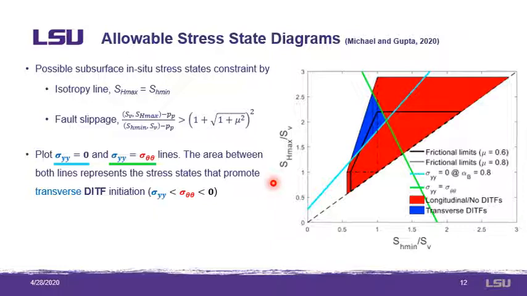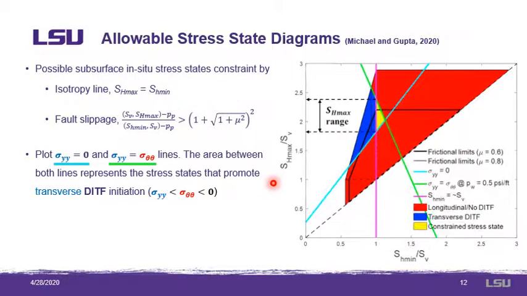Now, if we add a third line on the plot, the magenta line, for the value of SH mean given to us by leak-off testing data, as I mentioned earlier, we can now create a smaller yellow triangle within the blue region, which indicates the range of stress states possible for the in situ stress state if transverse drilling-induced tensile fractures are observed. Then we only need to take the vertical extent of the triangle and read from the y-axis the range of